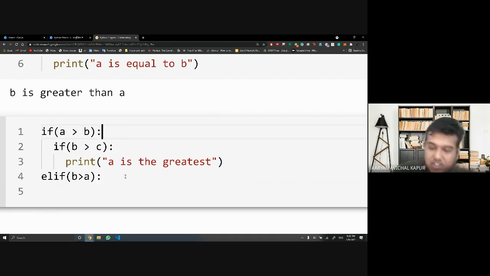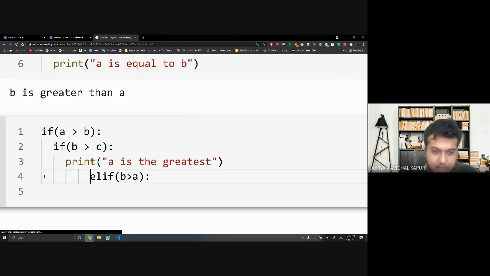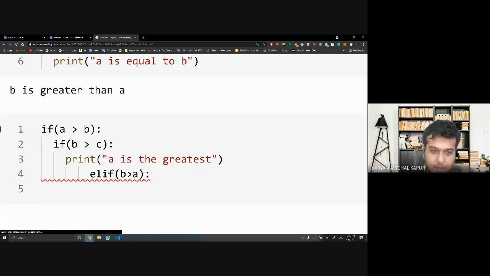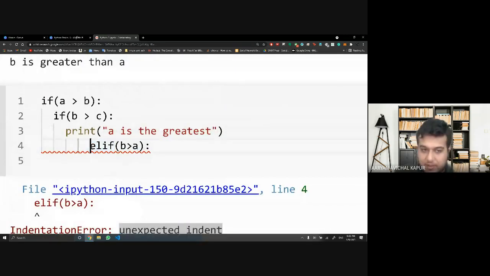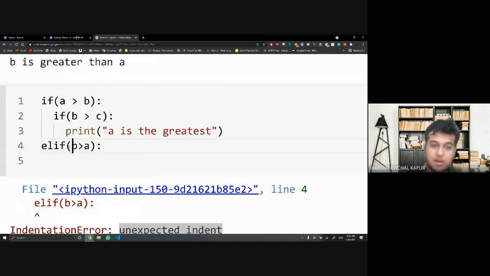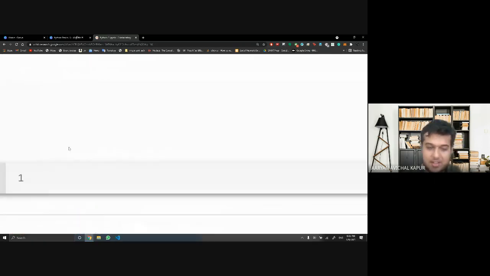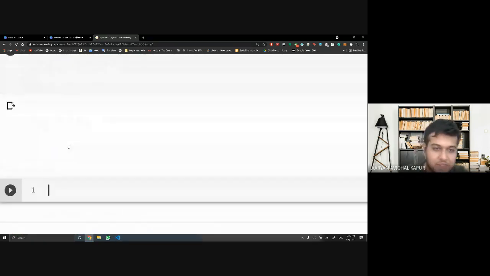Correct. The space on the left is called an indent. Indentation is essential and very important in Python. That is how we define which instruction is for which condition. If I put in random lines here, I would get an error saying unexpected indent, because this does not match anything outside. So this is not allowed. If I did this, this would still be allowed. But a wrong conditional will not be tolerated here. That is how Python works.